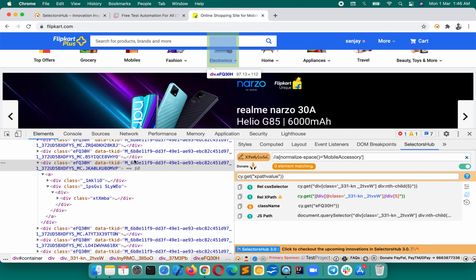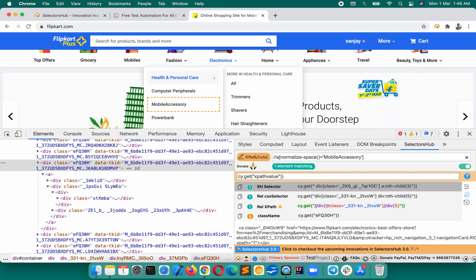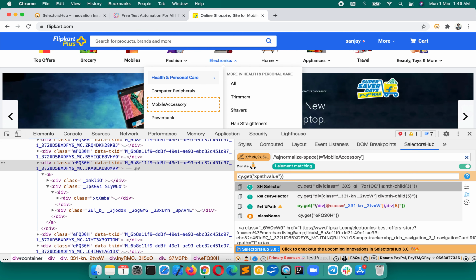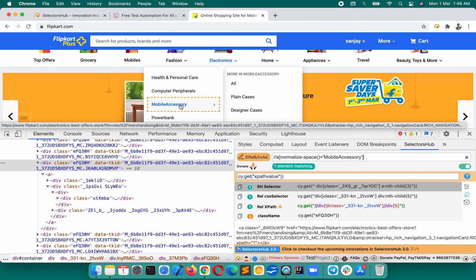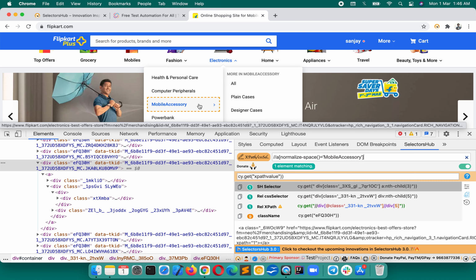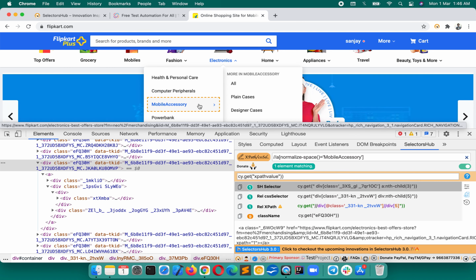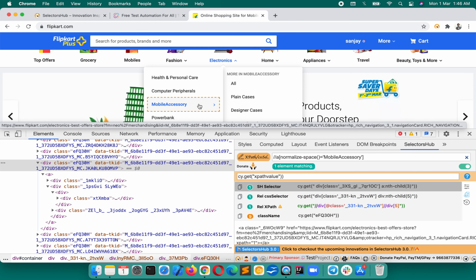How will that element come in the DOM? We will hover on this element. Now if you press enter, it will show one matching node. Why? Because that is loaded in the DOM. So any element loaded in the DOM, we can verify in Selectors Hub. And this is how we can generate the selectors and get the XPath for the dynamic elements with the help of Selectors Hub. This is really cool, and sometimes it's a real time saver and helps a lot, because it is almost impossible for many people. Unless you know how you can debug and how you can hold such a drop down, it becomes really challenging.